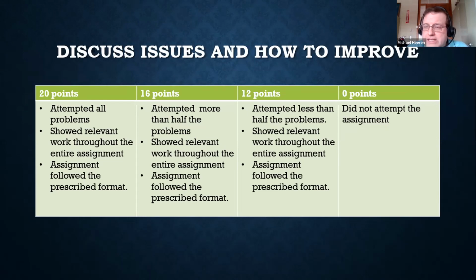Or yeah, exactly. Scott says did not meet any criteria for 12 points. Yep. I agree. You could have that in there and it's very clear as to what's going on, because there is a clear distinguishing point, assuming there is, between 20, 16, and 12. You didn't get 12. That's why you got down to the 0. Very good. Is there anything else that anybody would like to add as an idea for improving this particular rubric?